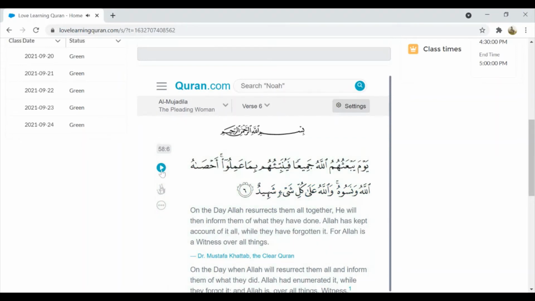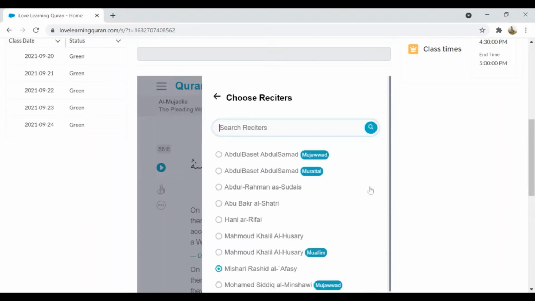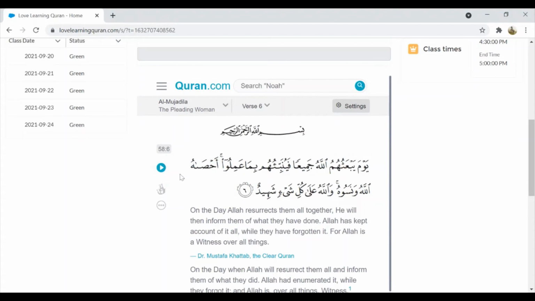Now to change the reciter, we go to the settings. We press the choose reciters button and we can choose any sheikh you want. We press the sheikh you want to read with, and now if we press the button,